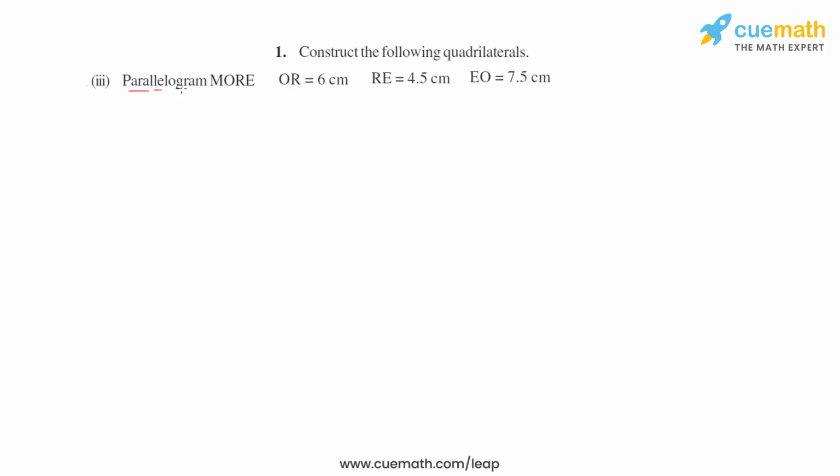Third part, parallelogram MORE. OR is 6 centimeters, RE is 4.5 centimeters, EO is 7.5 centimeters. So they have given 3 sides, 3 lengths, 3 measurements, and it is given that it is a parallelogram. So let's first construct a rough diagram for this. We will first construct OR, let's say this is OR,